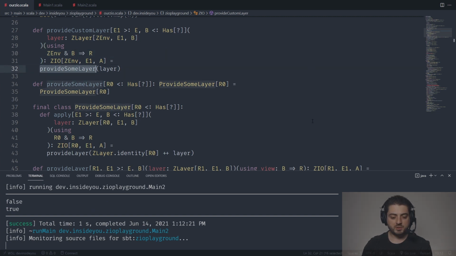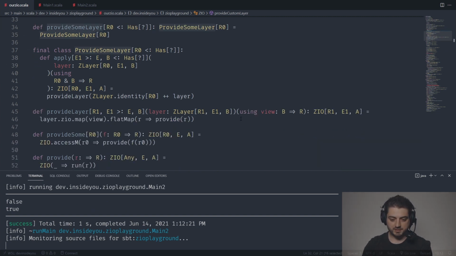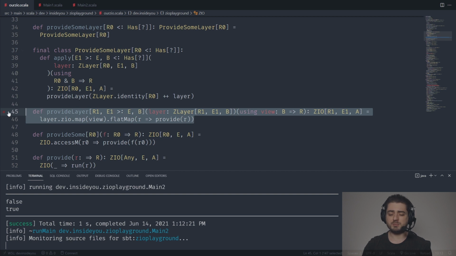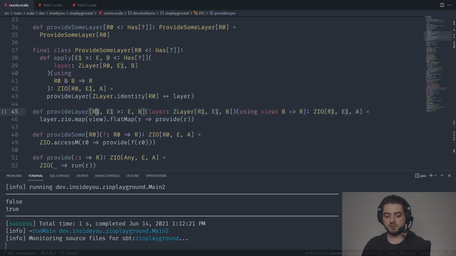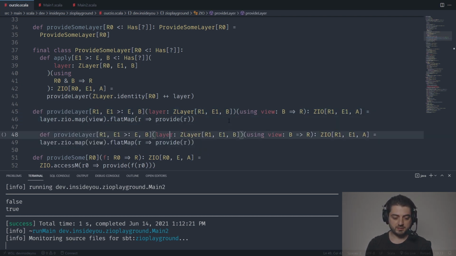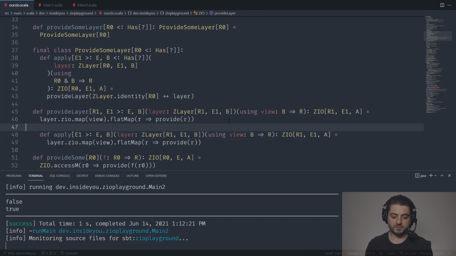This is already enough. And by the way, we should probably also do the same thing with the provide layer, like this division into a class, because every time you have all of these parameters and they're unnecessary, you're going to run into issues with type inference. You want the ability to just provide the R1. Okay, so I'm going to do the same trick. We're just going to copy that, paste it over here, call it apply. Like this, just remove the R1 from here, and then